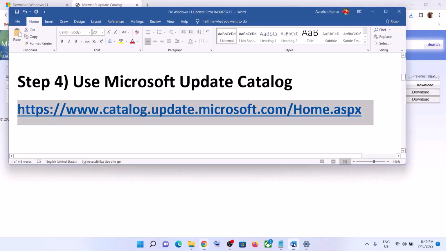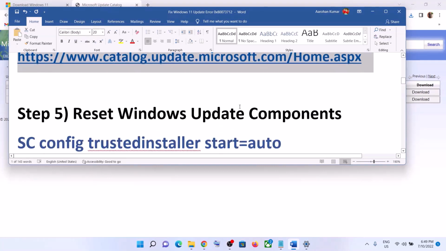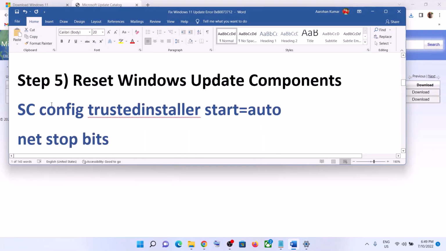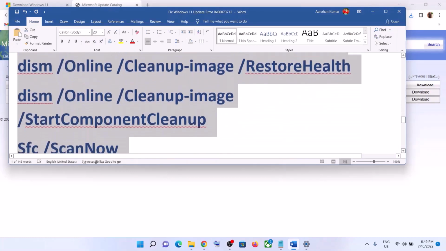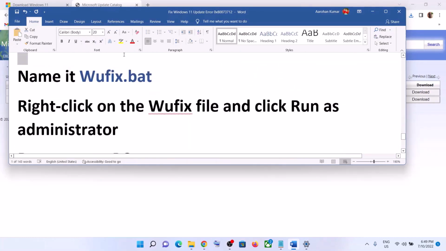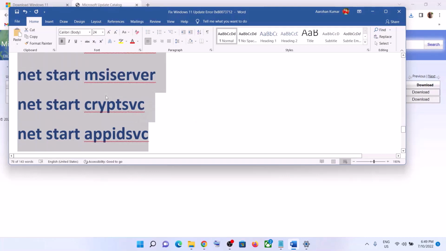Now still if you are facing the problem, in that case you can reset Windows update components. For this, copy all these commands. These commands are provided in the video description. So copy till here and then open Notepad on your computer